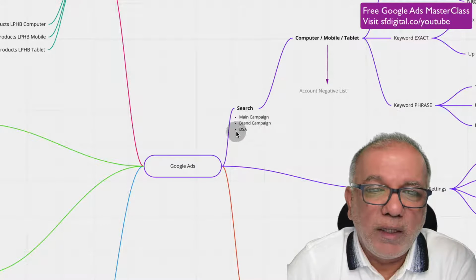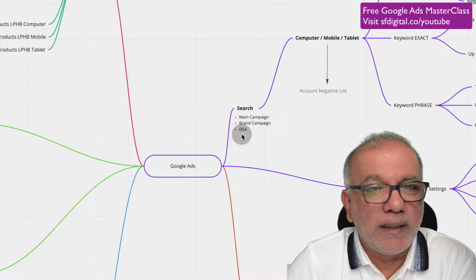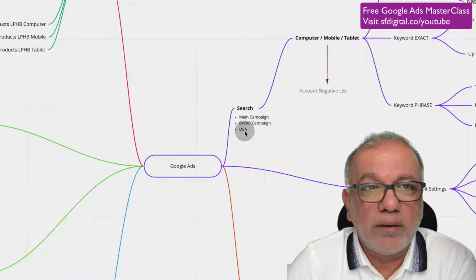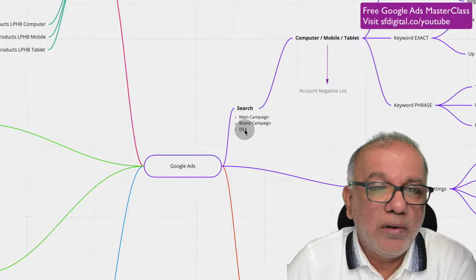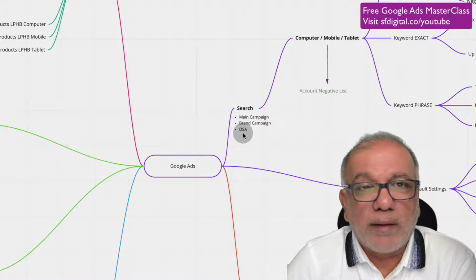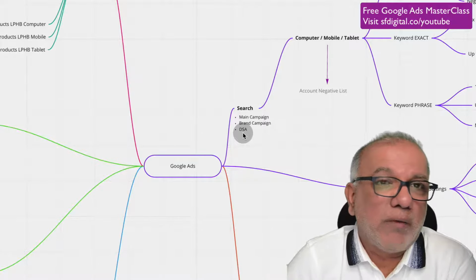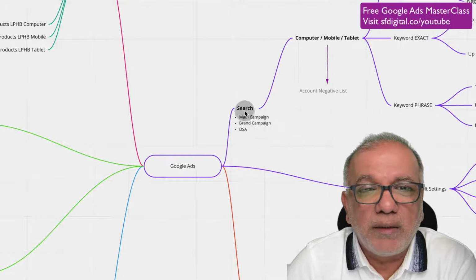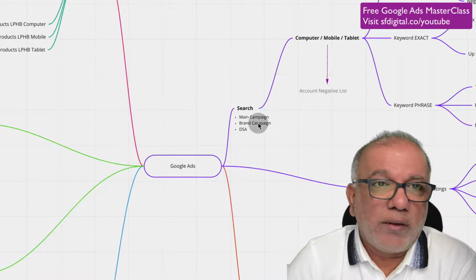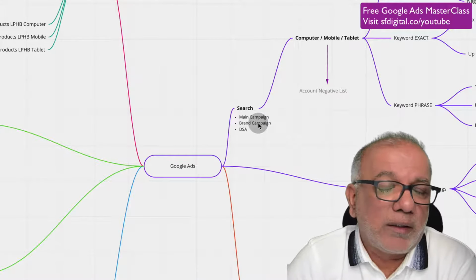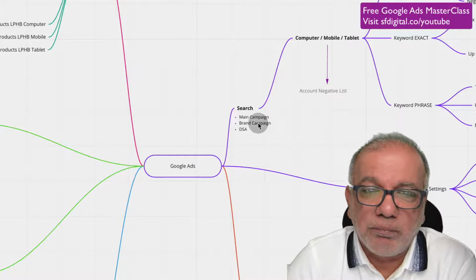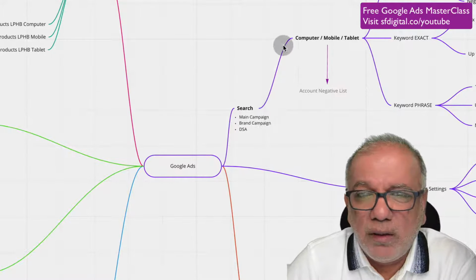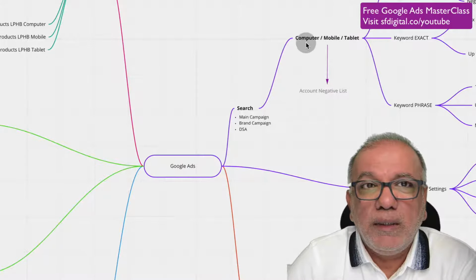Then we also run the dynamic search ads, and the DSA campaign is brilliant at finding terms which we never thought of, and you will attract the clicks which you would never have got in the first place. So running all these three campaigns on the search network will get you seen and will get you also the right click. So the way we structure our campaigns is we then break up each campaign into